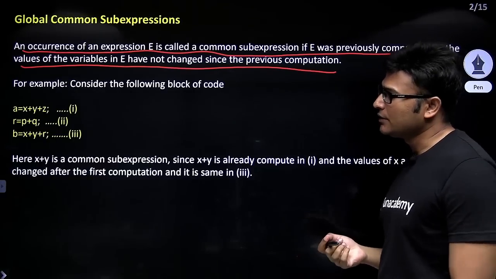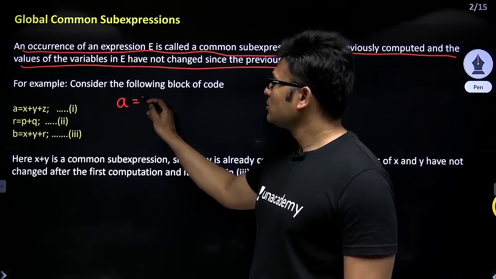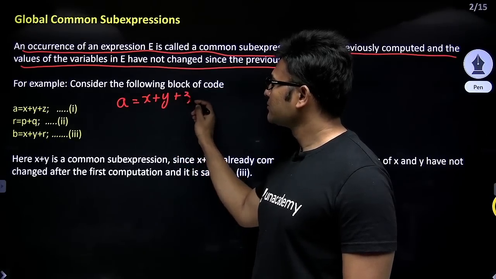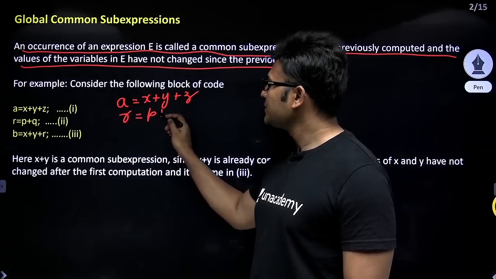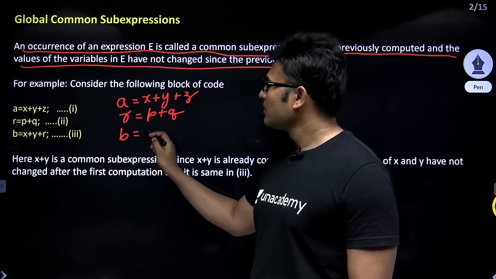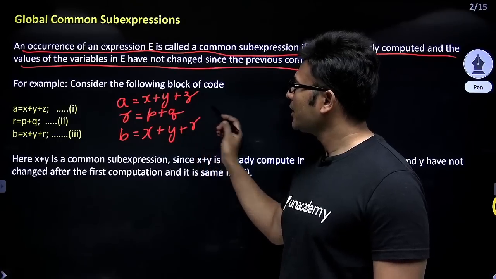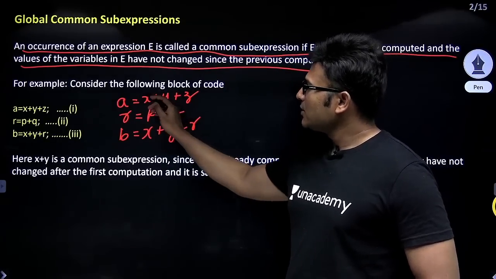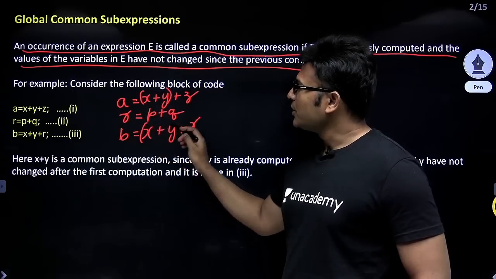For example, in this code, if I have A equal to X plus Y plus Z, and if I have R equal to P plus Q, and then if I have B equal to X plus Y plus R. Now if you carefully observe, X plus Y is already computed here, and again it is computed here.